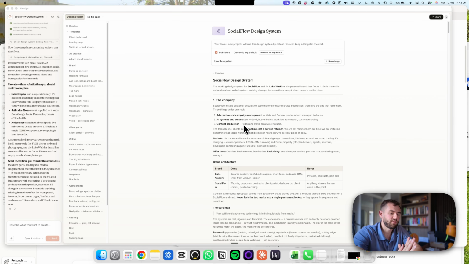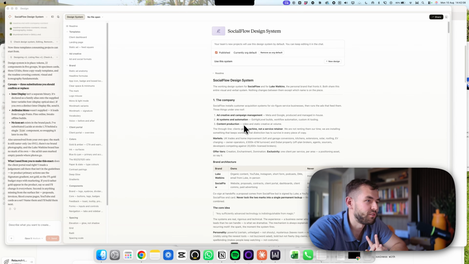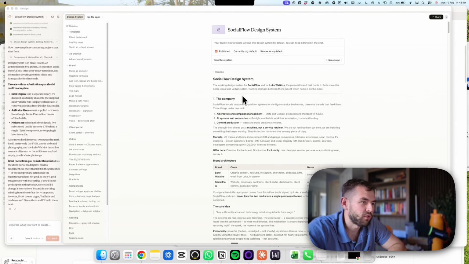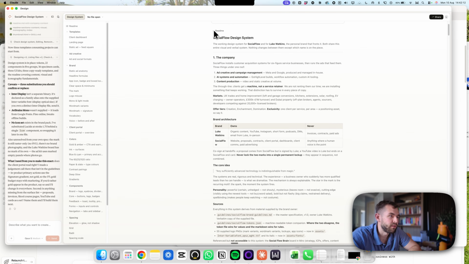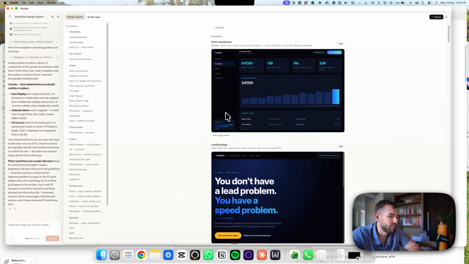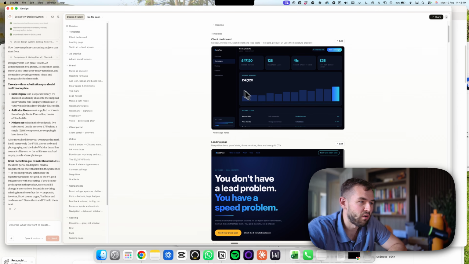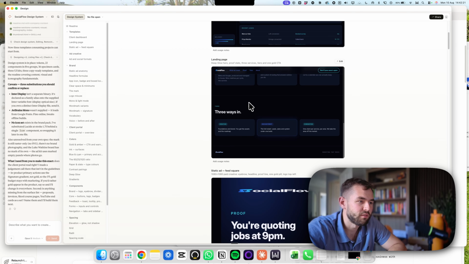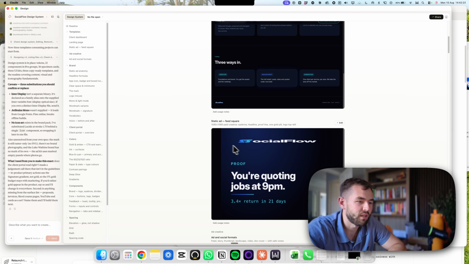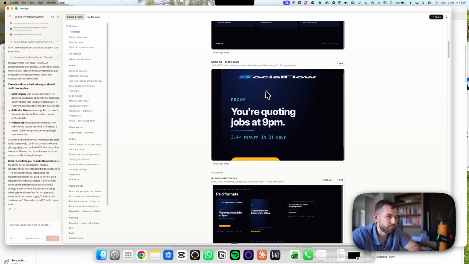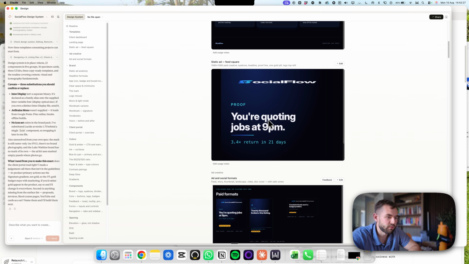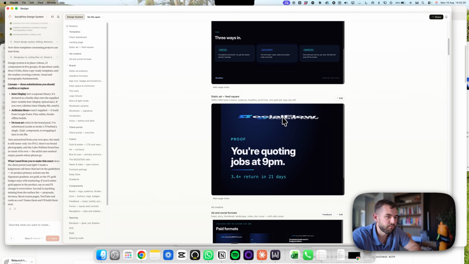Okay, so it's just finished the design system. It's got a lot about the brand, etc. from what I fed it, but you can see it's got examples of what different designs would look like, and this is absolutely insane. It's got the logo slightly wrong there, so what we can do is go in and edit them,